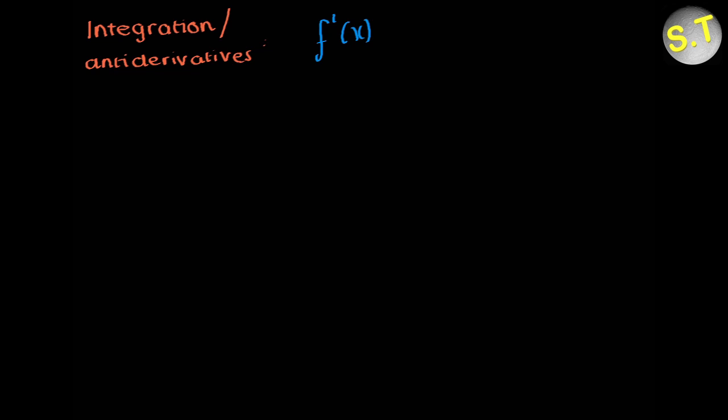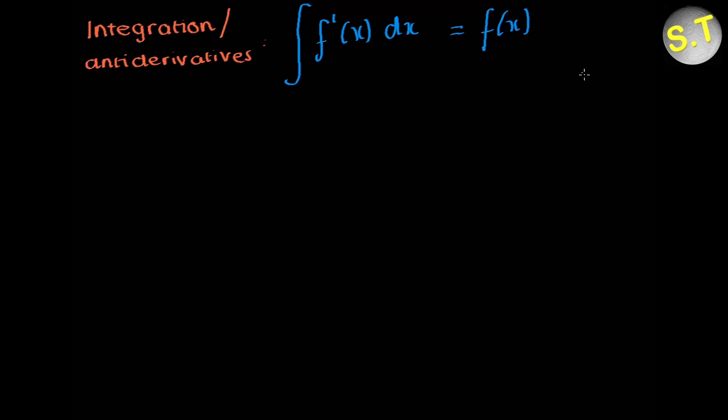So the integral, or the antiderivative of this, can be given as so. This expression says that the integration of our derivative with respect to x is equal to our original function f